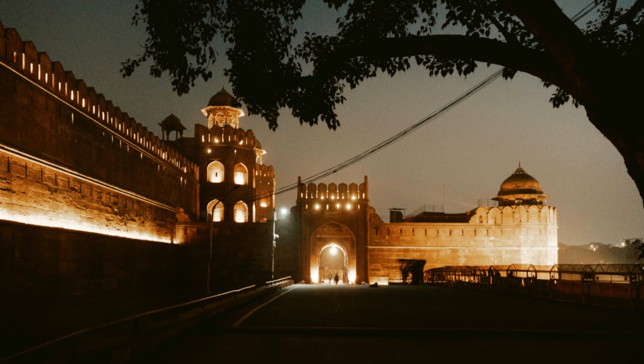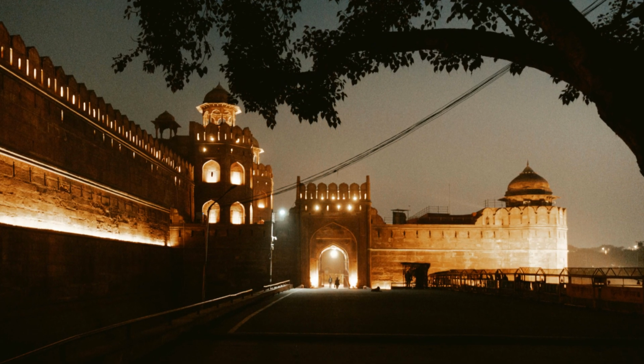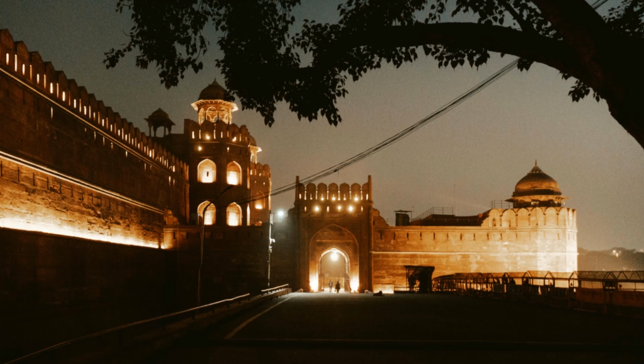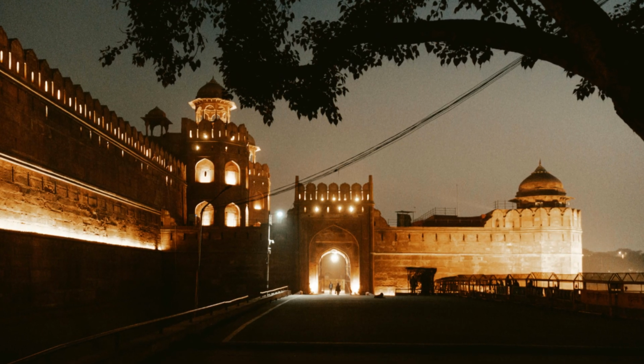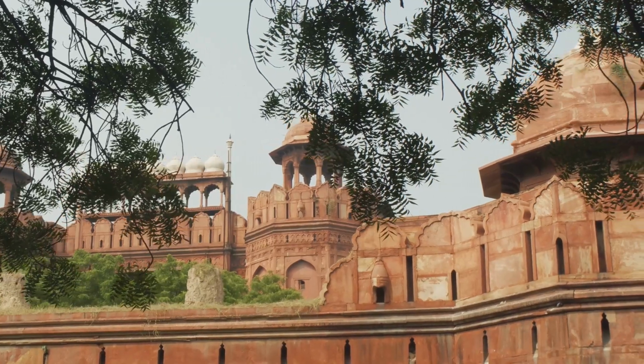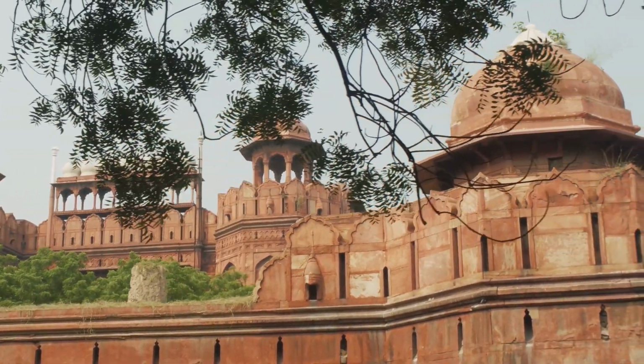This place is like the Buckingham Palace of India, except way more impressive. Imagine the grandeur and the opulence that once filled these walls. The Red Fort was not just a residence, it was a statement of power and architectural prowess. This massive fort was the main residence of the Mughal emperors for nearly 200 years, and it's a UNESCO World